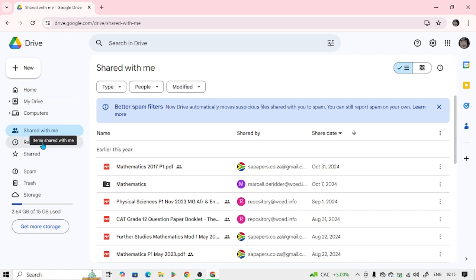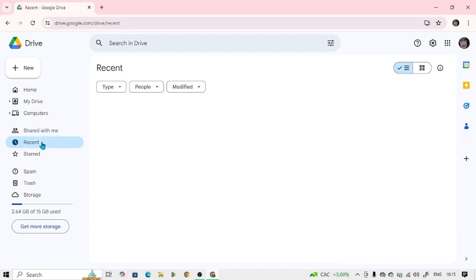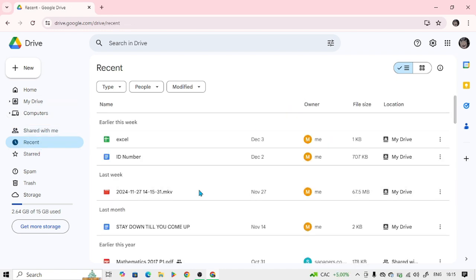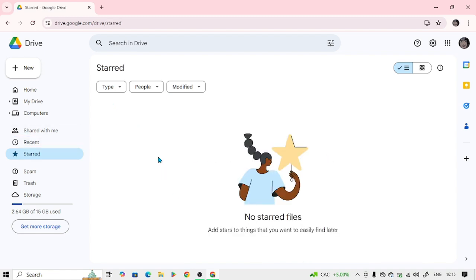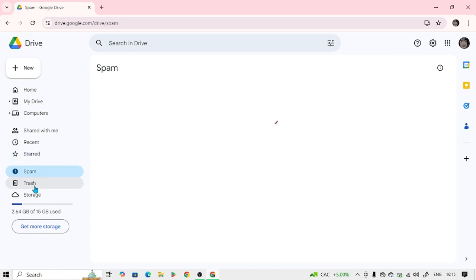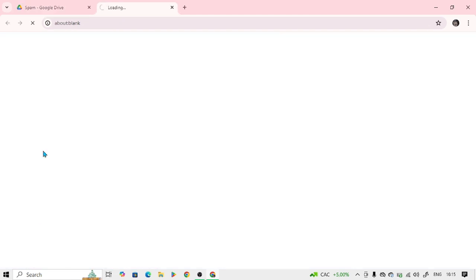As you can see here, I have uploaded many papers, many documents to Google Drive. It is so much better, and you can go by recent. It shows what files you have recently uploaded to Google Drive. You can go by starred, go by spam, trash, storage, and if I'm going to click on get more storage,